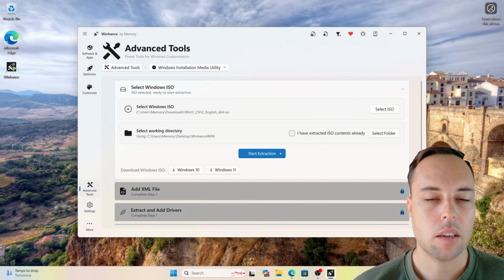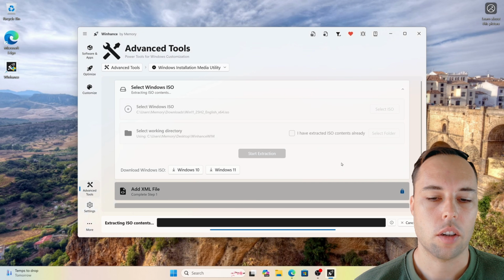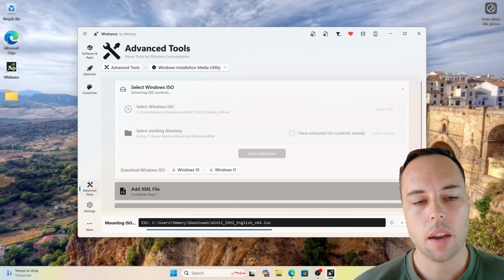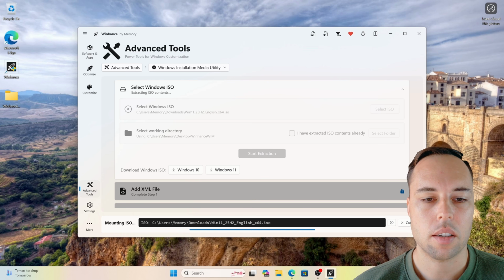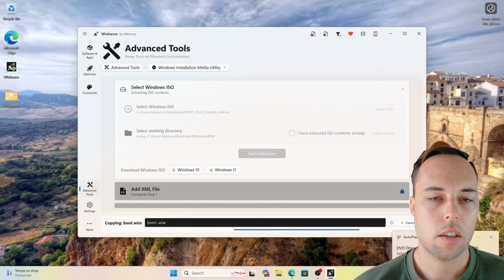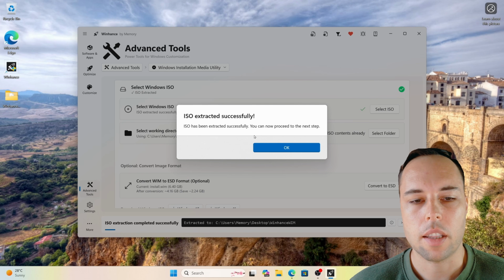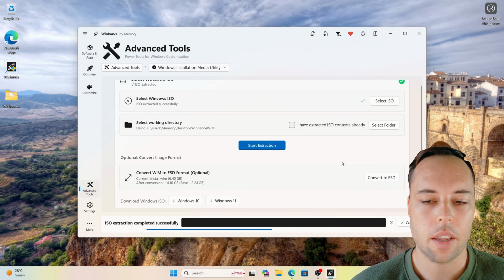I'm going to select the desktop in this example, and then just click on Start Extraction, and it's then going to start extracting the ISO files. Now, this process can take quite a while because the ISO file is quite big. Like I said, it's almost 7 gigs in size, so you'll just have to be patient and wait for this to complete. Once it's finished, you're going to see that the ISO extracted successfully, and then you can click on